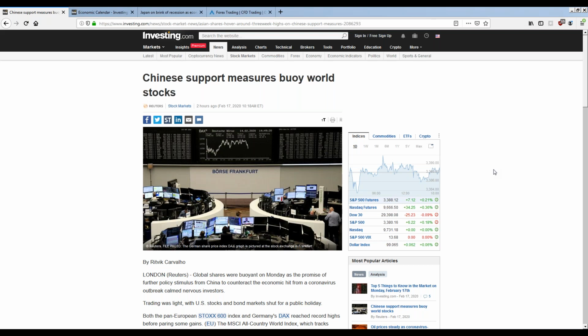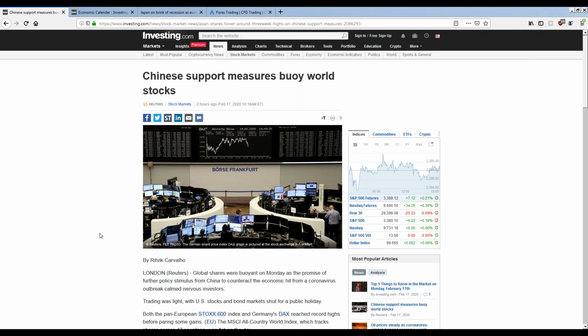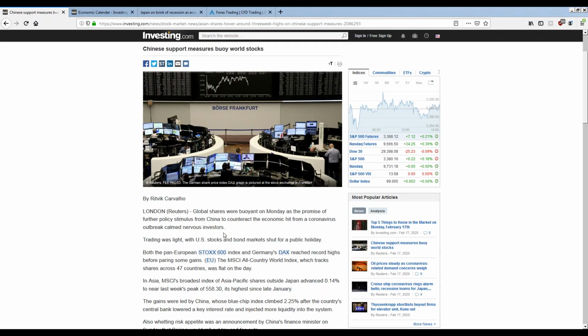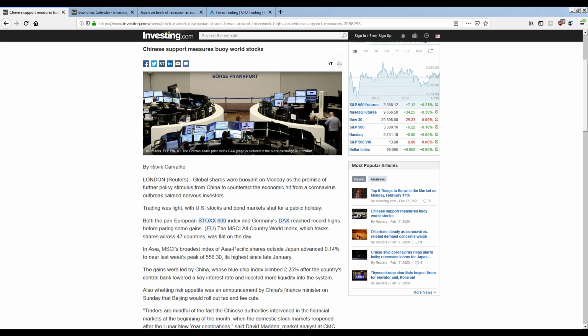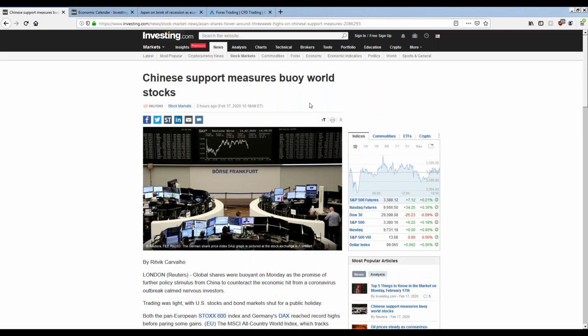So because of that fear, we can see that the Chinese government is promising to give stimulus, okay? Further stimulus, they go on to talk about it here, to support the Chinese economy, to counteract the potential hit from the coronavirus. So with that news coming out, that made the world stocks happy, and indices. And so,